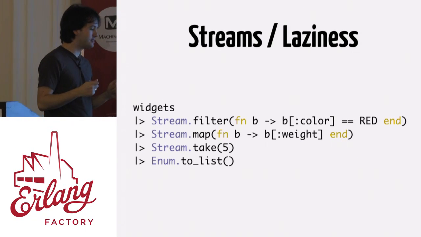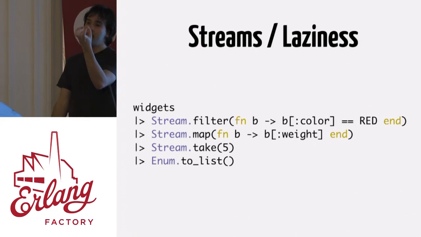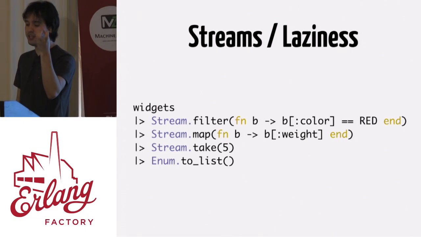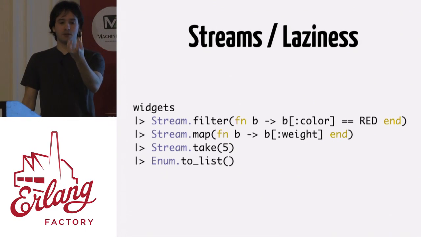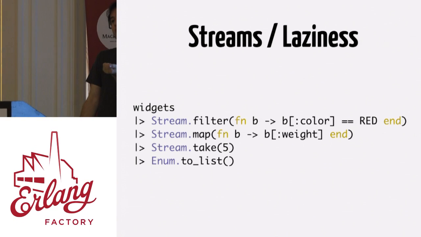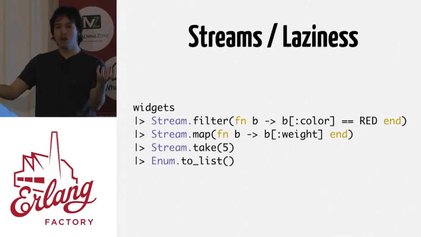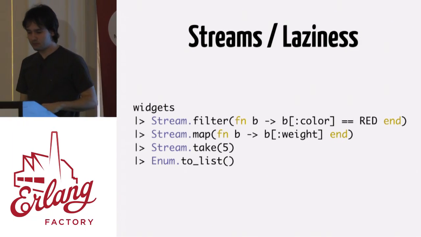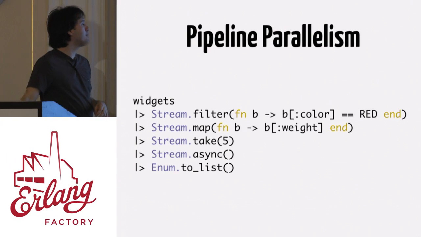But when we're talking about laziness, it opens up another big possibility, which is, if we have this abstraction of the computation, this representation of the computation, what we could do is say, well, it doesn't really matter if this computation is being executed in this process. It could be executed in this process and this other process at the same time, right? Or you could think of pipeline patterns showing up. And this is exactly what we are discussing, that we want to introduce pipeline parallelism.